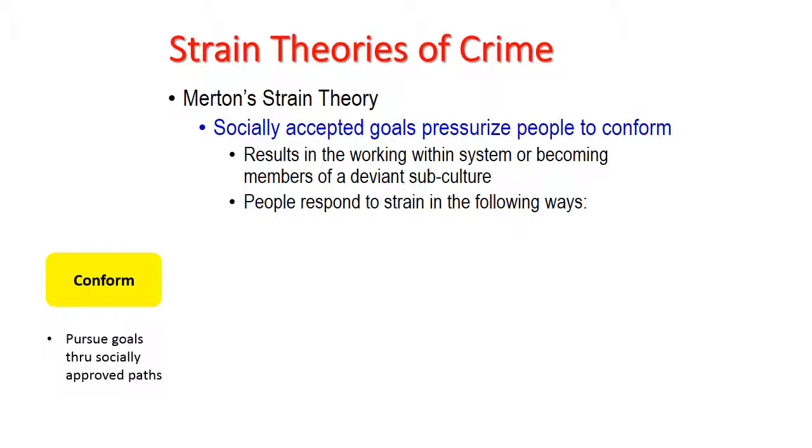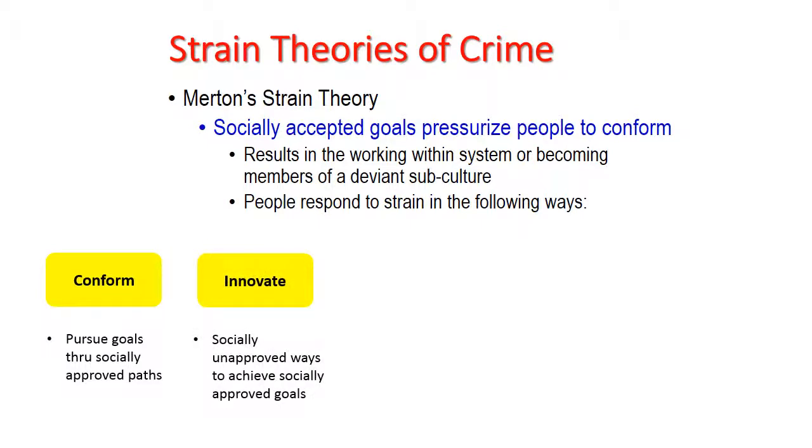However, Merton in this case also emphasized four modes of adaptation in his theory. Firstly, people may innovate when they realize that they are unable to achieve these socially accepted goals. They may turn to illegal means to find their path to legitimate success, in this case, financial security. If they find that they cannot achieve financial security through an acceptable job, they may find other ways to achieve this level of financial security, for example, by selling drugs.